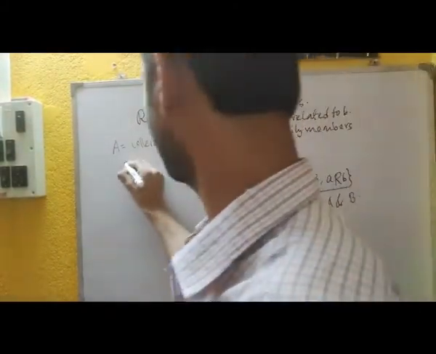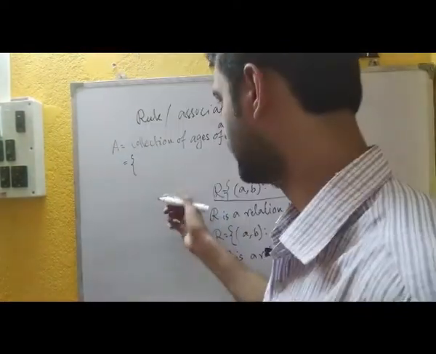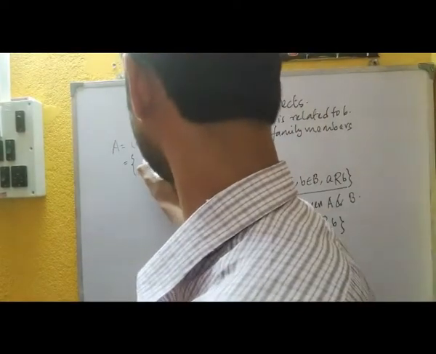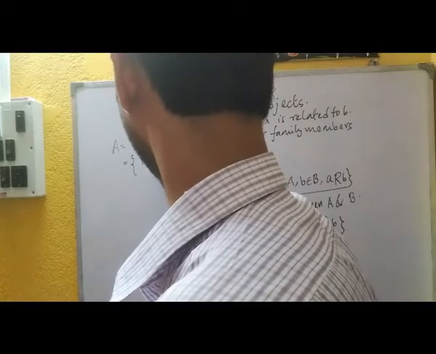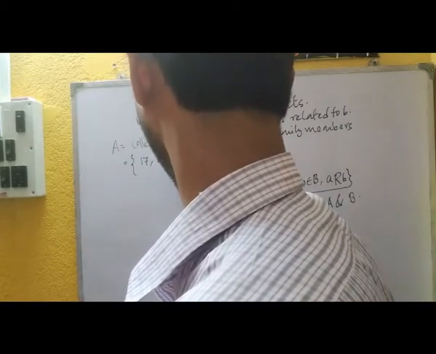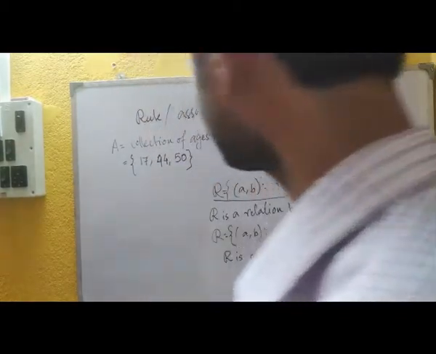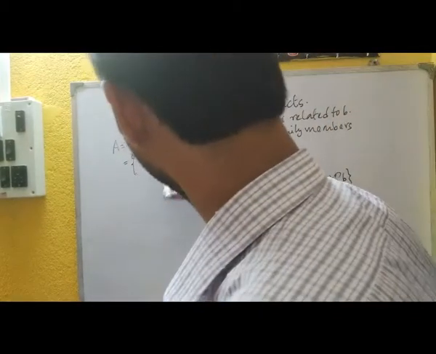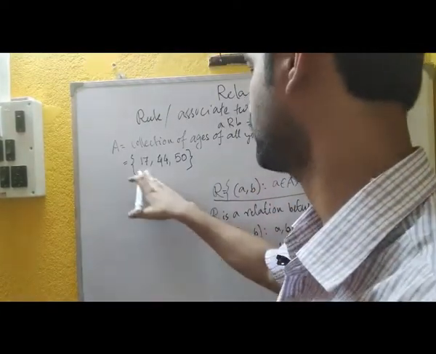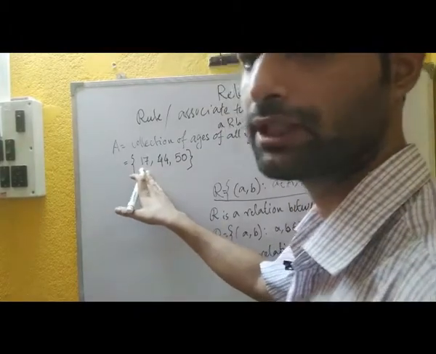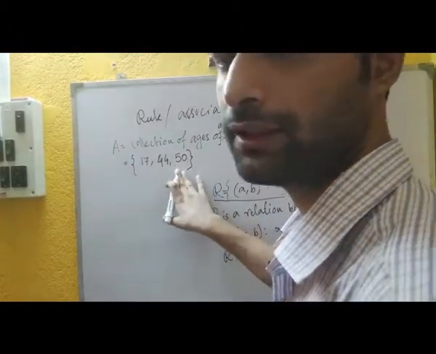So we can write it in roster form like this. Say for some family, a collection consists of these elements, say 70, say 44, and say 50. These are the elements of this set. It is some family with 3 members, where usually this becomes the age of the son. This is the mother, and this is for the father.